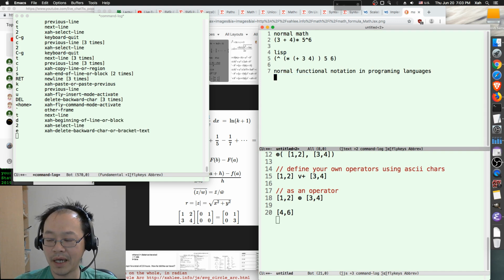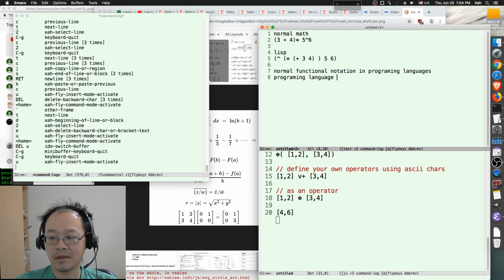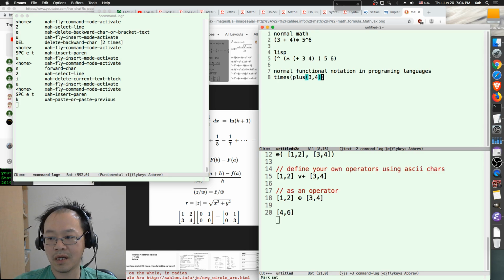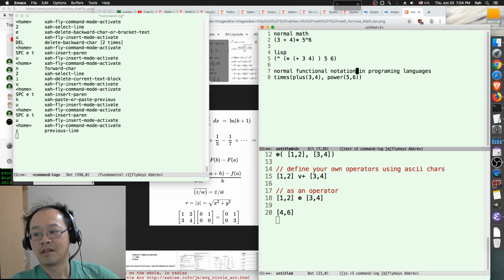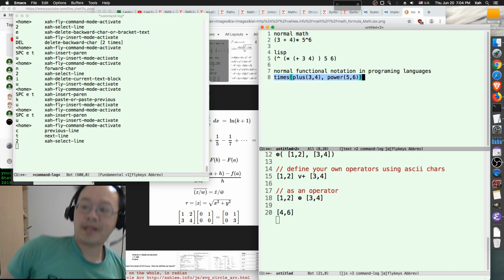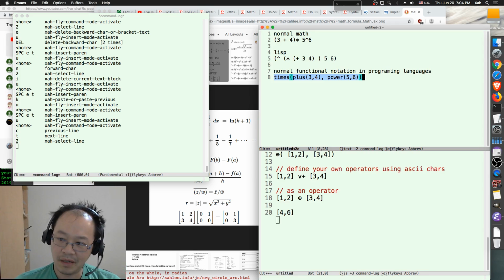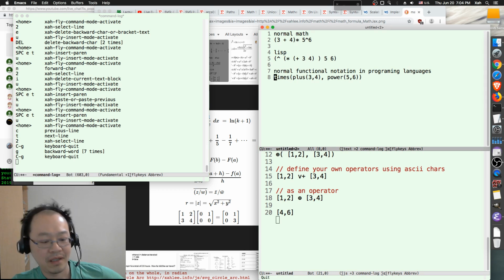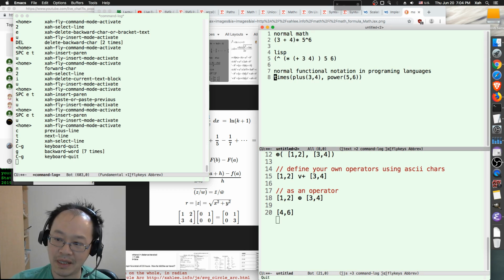Okay. So we're going to write plus, plus 3 4, times, power 5 6. So this is how you write in normal programming languages. Now you might object, wait, plus is not like that, times is not like that. But we are making examples, because